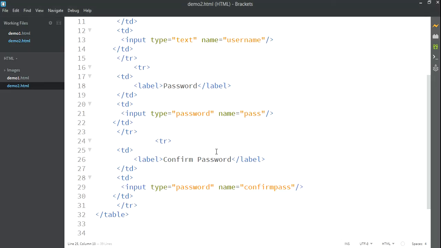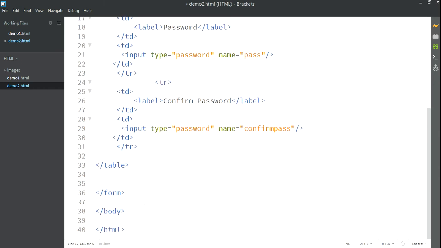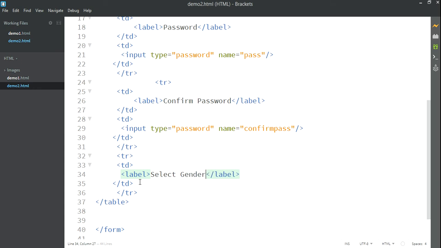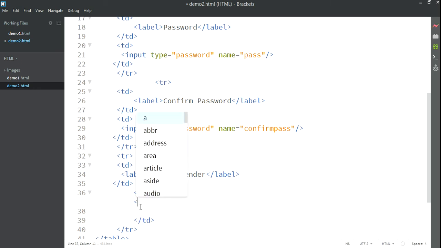Now next I want to select a value for gender. Now how to work with this? We'll add a row, inside it the first column, and I'll set the label as select gender. Save. In the next column td, the syntax is the same again.